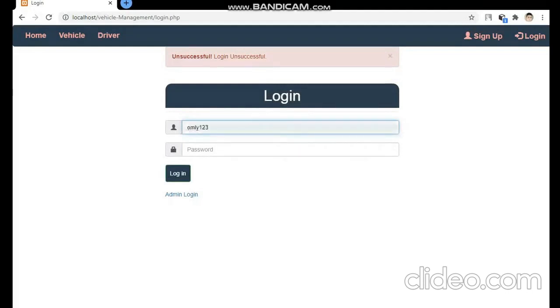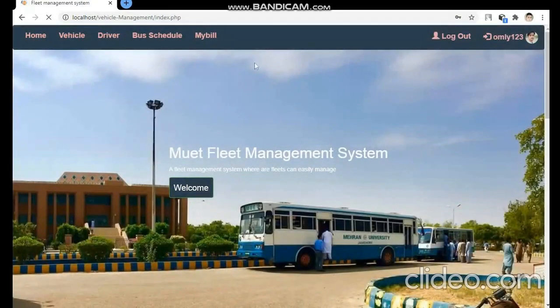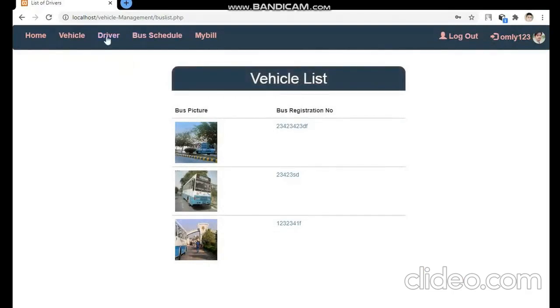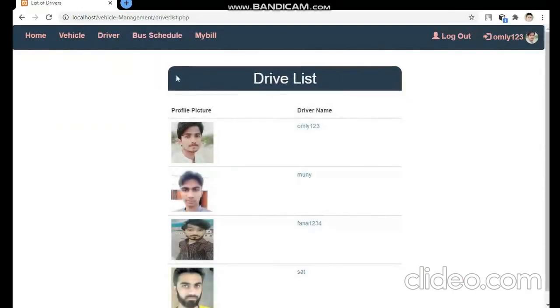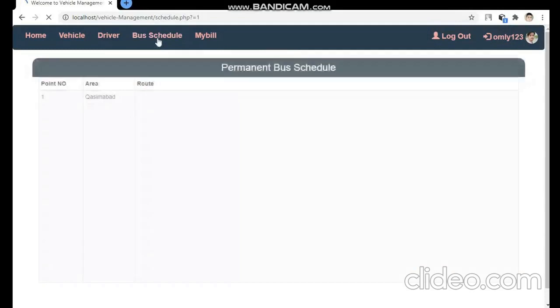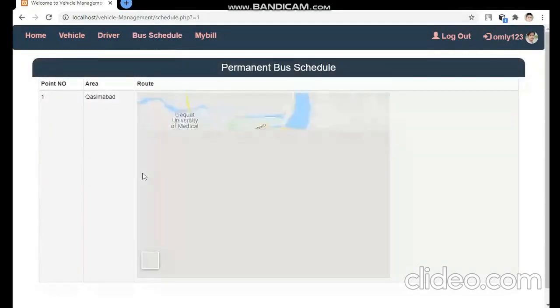So here you can see that now it is successful, welcome, because we have given the particular name and driver info. So here driver list, here bus schedule, which the user can only see, the permanent bus schedule, and here the map.